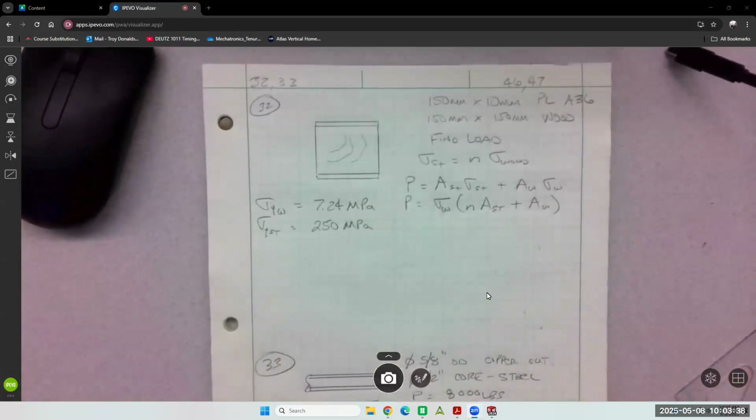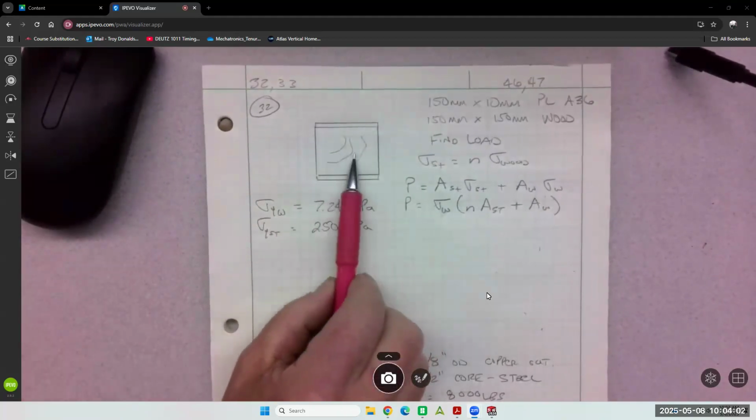So combined materials have to work together. That's the key. If they're not working together, it's not a combined material problem. It's just like the ones we did before, where one piece is stuck to the other piece, they can expand differently, right? If they are conformed and working together, it's a combined material problem, like this piece